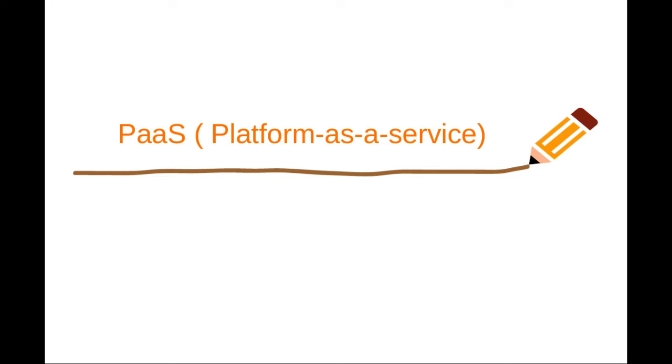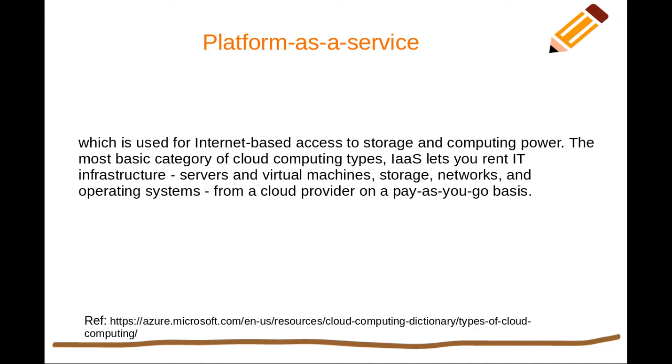The goal of PaaS is to help create the application as quickly as possible without having to worry about managing the underlying infrastructure and its configuration. As an example, when we deploy a web application using PaaS, we don't have to install the operating system, the web server, their updates and related configuration.